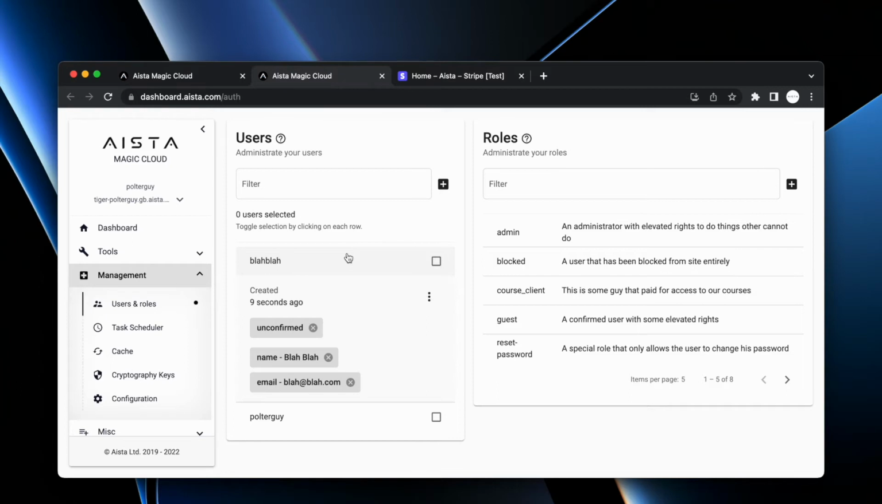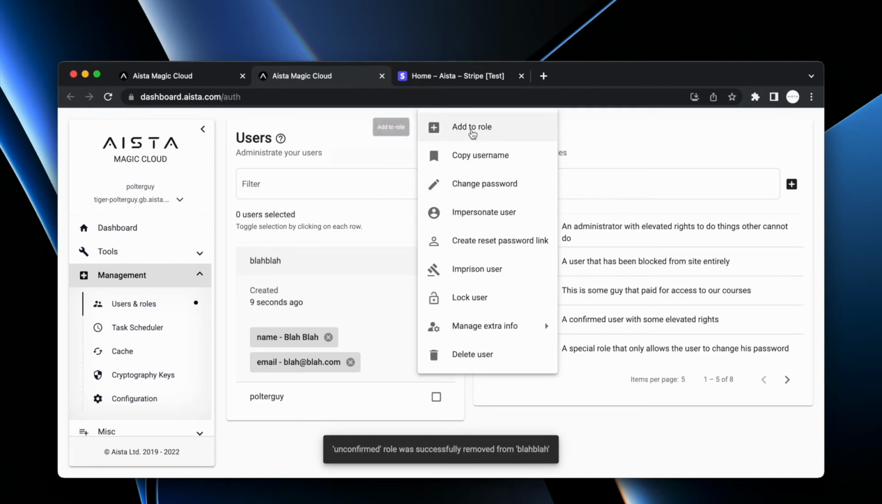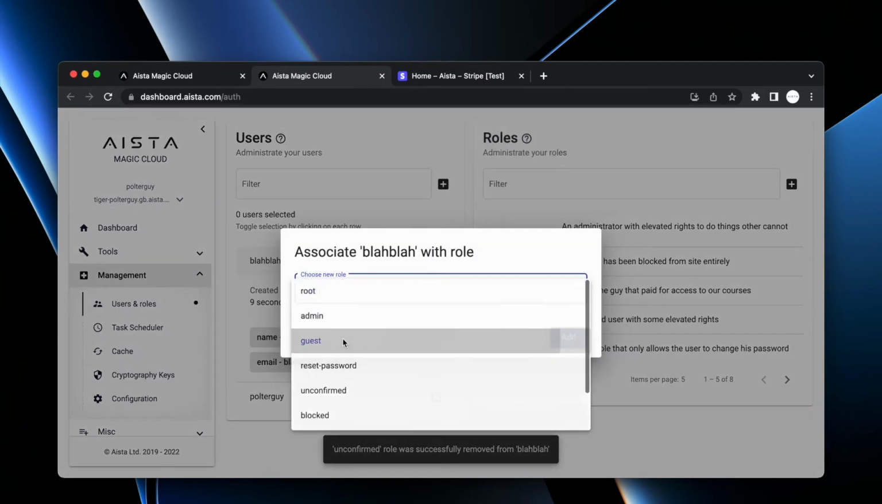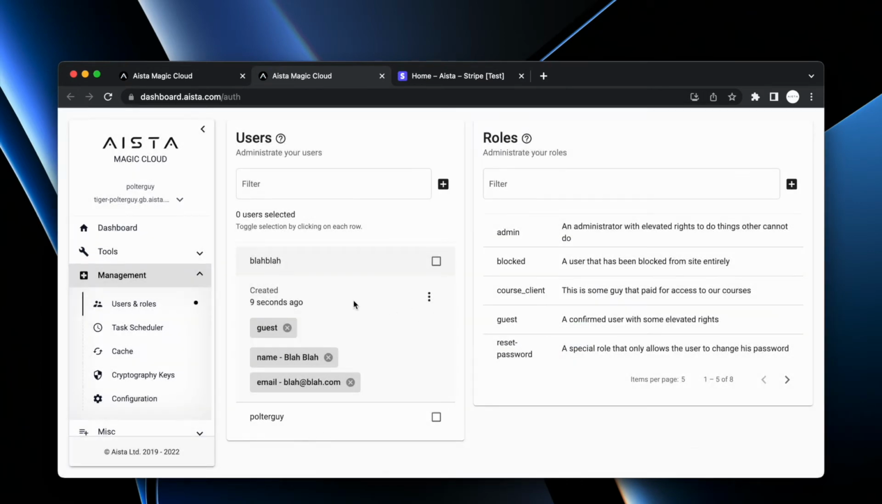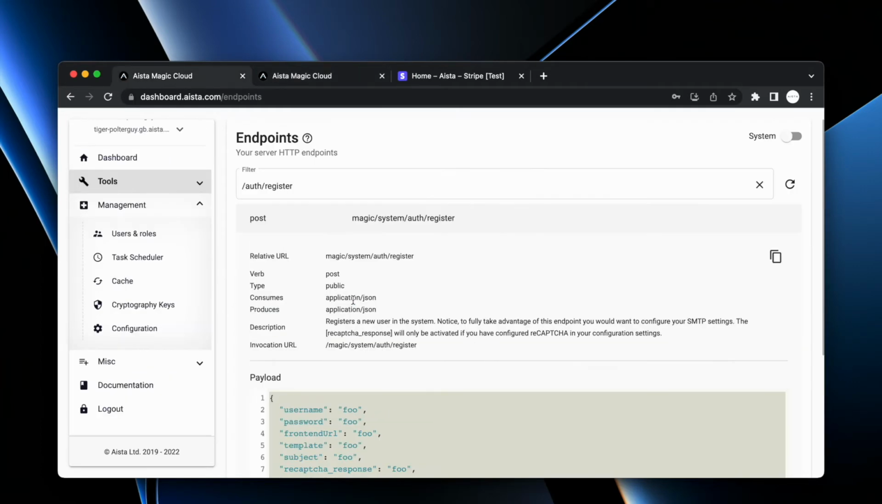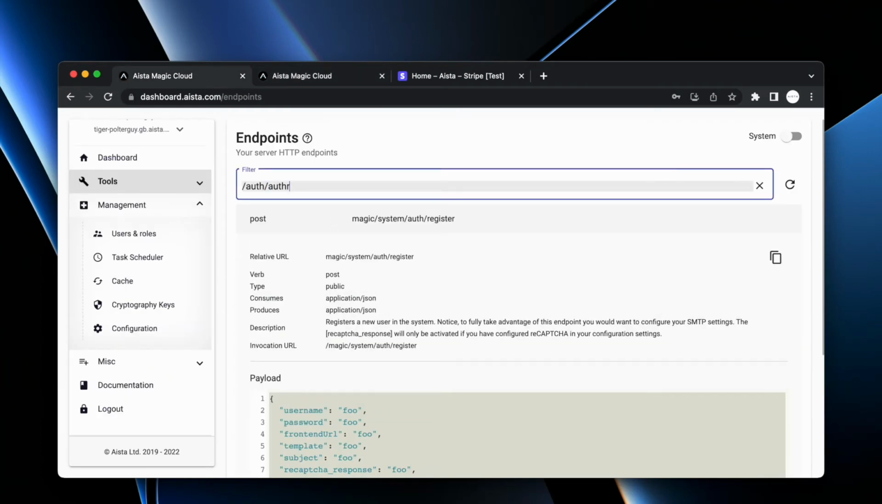Right now, if I had configured SMTP servers and double opt-ins and verifications of email addresses, then when the user clicks the link that is being sent to his registered email address, what will happen is that the role association here, unconfirmed, will be deleted, and the user will be automatically added to the role of guest. And at this point, the user can invoke authenticate,